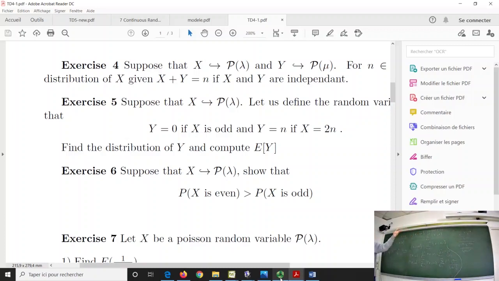So let's simplify what happened. I can simplify a lot of things here because my general term is in the form of a product. So I can simplify this one and this one. I can simplify lambda to the power 2k and this one. And I can also simplify the factorial. At the end, I obtain 2k plus 1 over lambda.